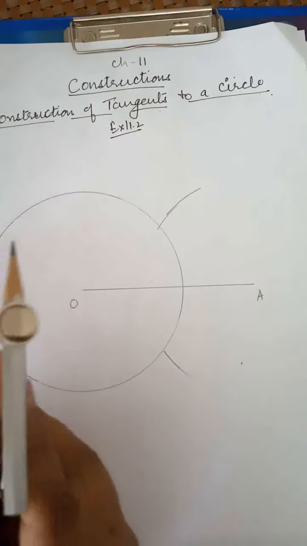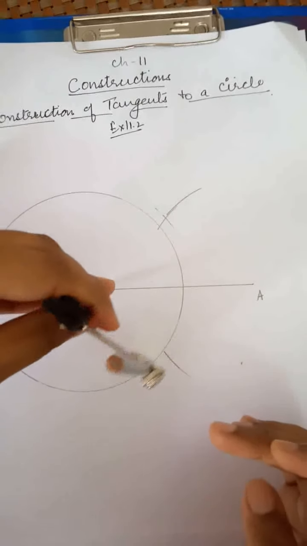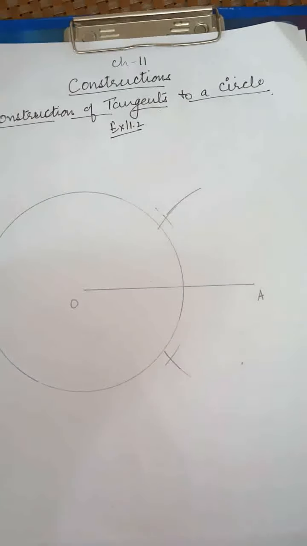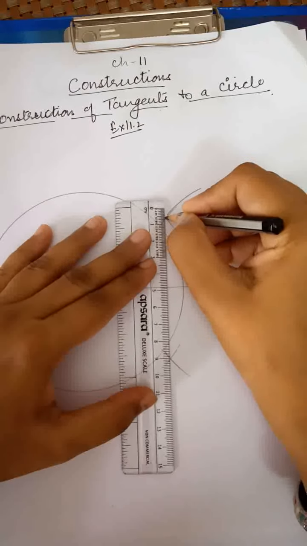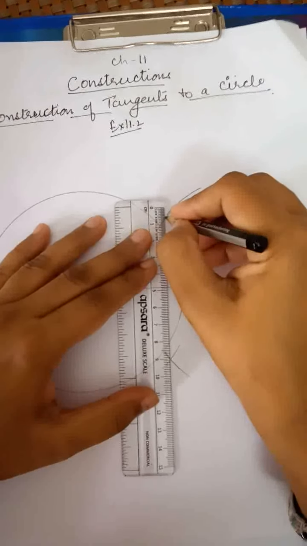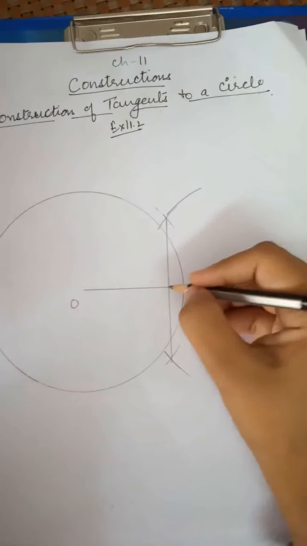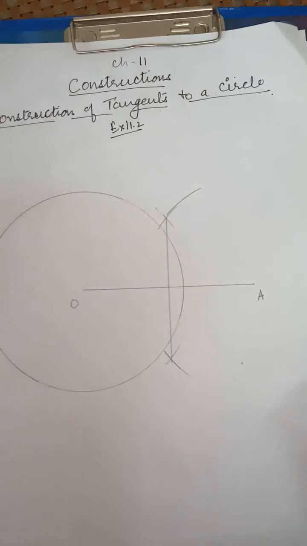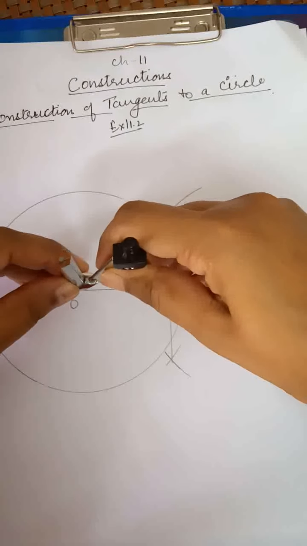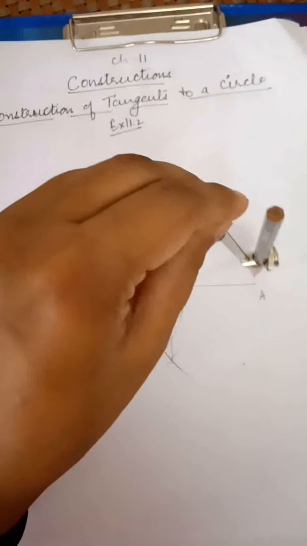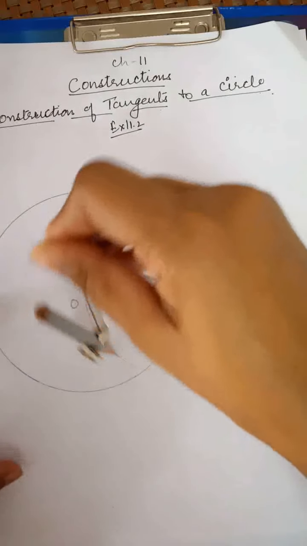Now, we mark the other arcs from the center of the circle, the first arc and this is the second arc. Now, we will draw the line, and that line will bisect this line. Fine. Now, this is the midpoint and we will take it as a center. Now, we will draw one more circle whose radius will be this one. So, how can we draw? We will draw like this. I hope that all of you have got this clear.